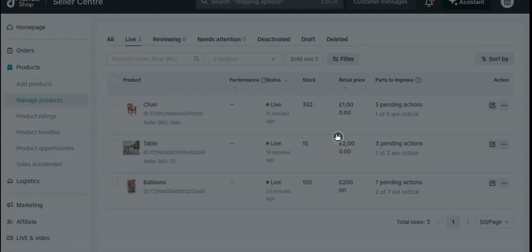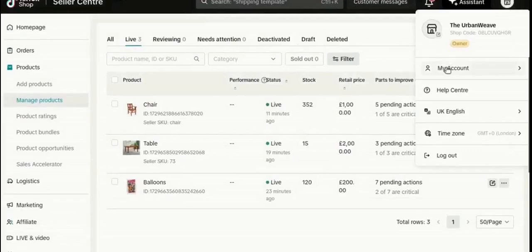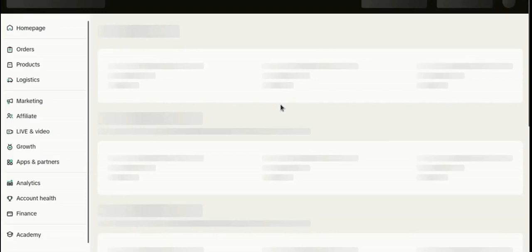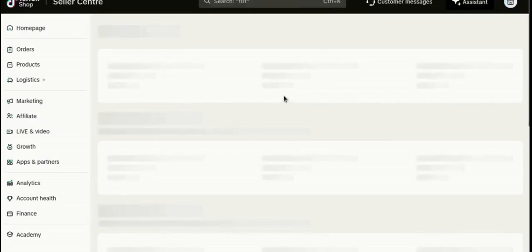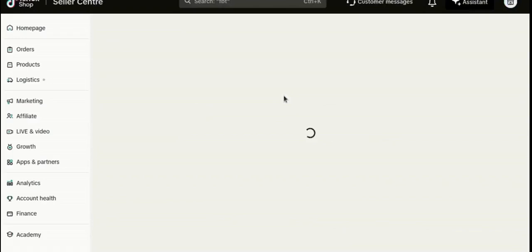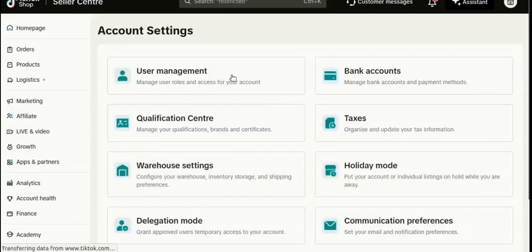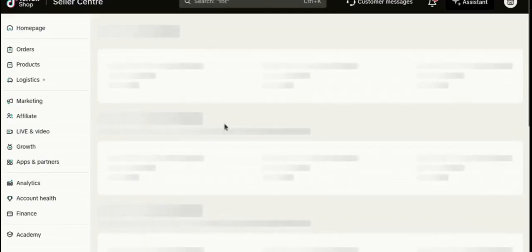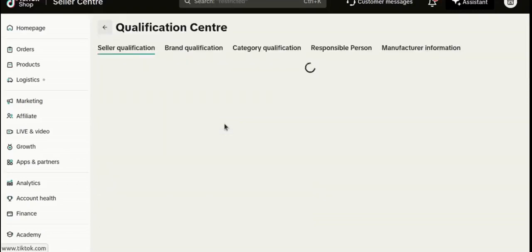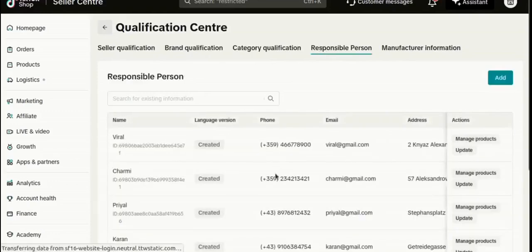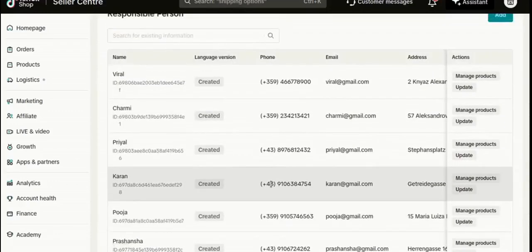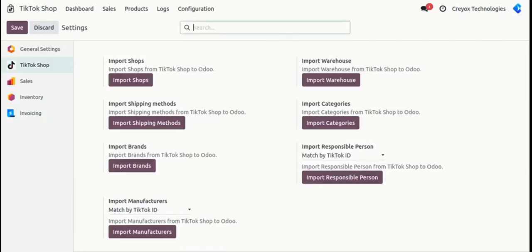So by going to my TikTok shop and then my account settings, then qualification center, then by going to responsible person, here you will be able to see there are multiple responsible persons present in your TikTok. So by going to settings,